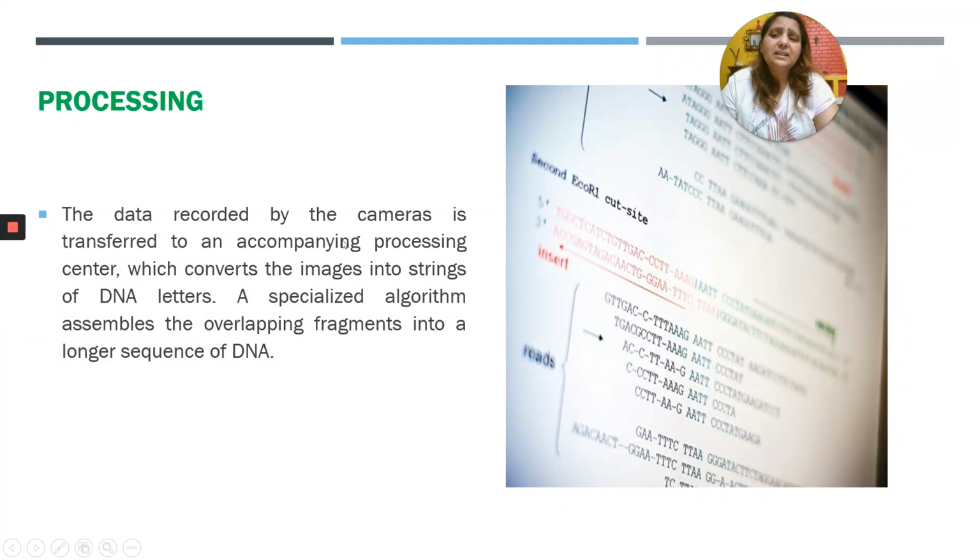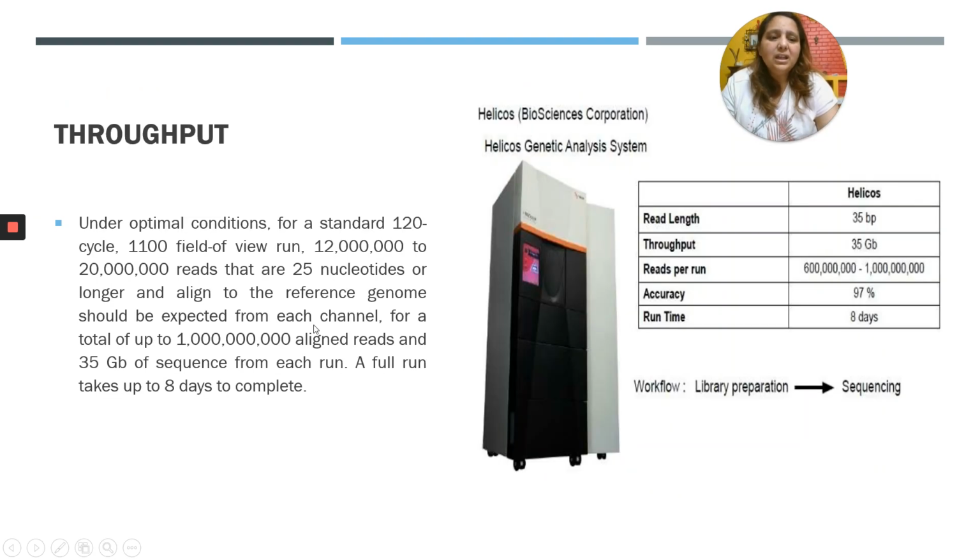So once the data is there, recorded by the camera, the images are processed, and the digital signals, that means the camera signals, fluorescent signals, are then converted into the A, C, T, G signals. That means digital signal को हम एक alphabetical signal में convert करते हैं by using different algorithms, and we won't be discussing those. Okay, so talking about the throughput of the Helicos sequencing, तो